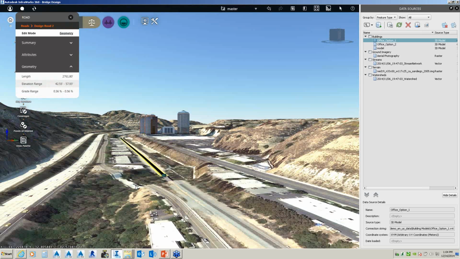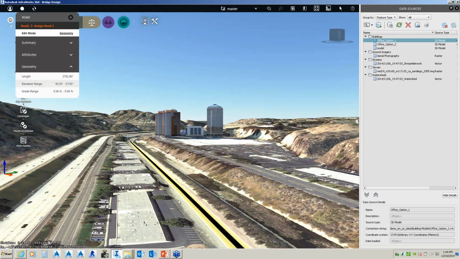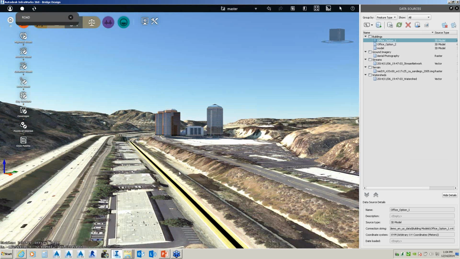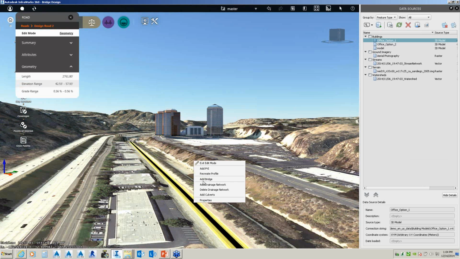And you can see the road has come in. And if I pick on that road, I can right click and say add a culvert. So when I select add a culvert, it's basically running analysis in the cloud.